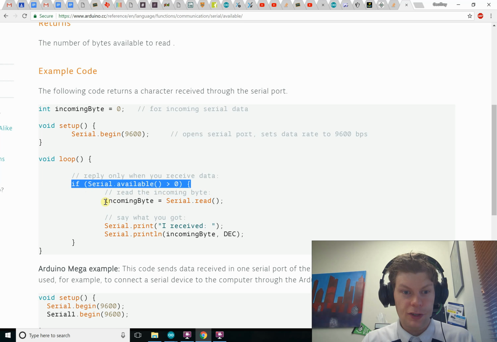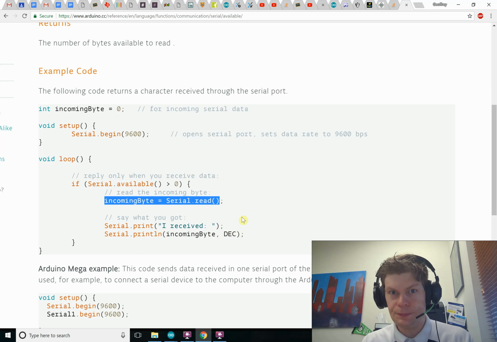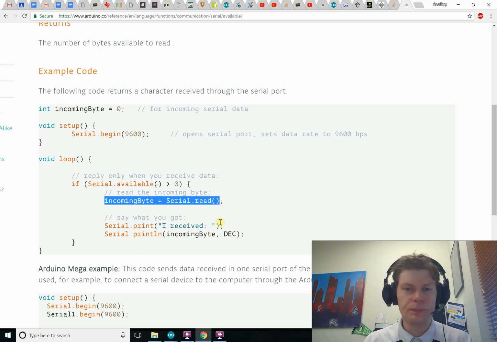Notice that if it is, we make incoming byte equal to Serial.read. So we should probably check out what that read does. Then we print "I received", and then println what the incoming byte is, and then comma DEC. If you think about what that might mean, we're reading the incoming byte as a decimal. So probably not necessary, because incoming byte is an int and that defaults to decimal. I don't know why they bothered with that. But anyway,